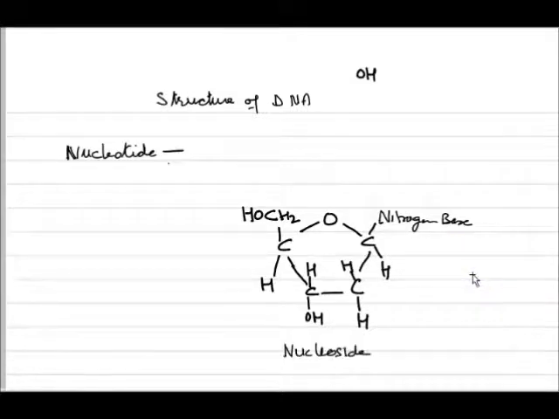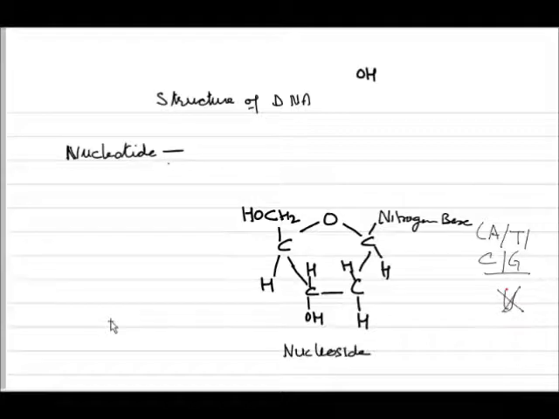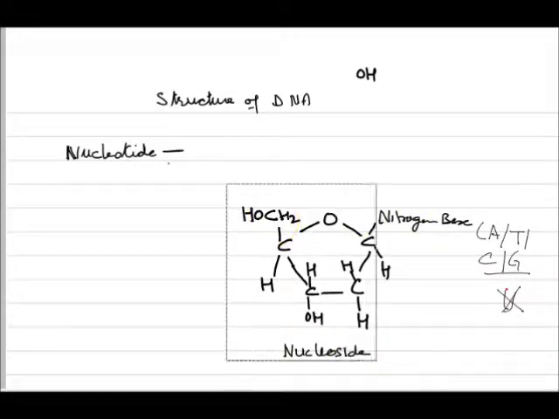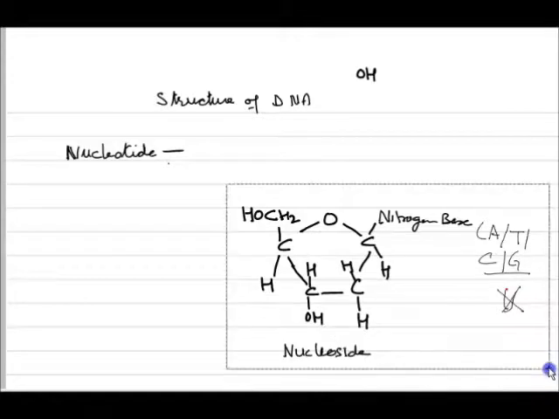So a nucleoside is a nitrogenous base with a sugar. This nitrogenous base, as I've told you just now, can be adenine, thymine, cytosine, or guanine, it depends. But remember one thing, students, it can't be uracil, because as you are aware, uracil is not there in DNA. It is a nitrogenous base which is present in RNA. So the whole thing is now a nucleoside.